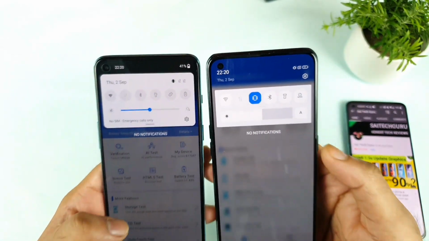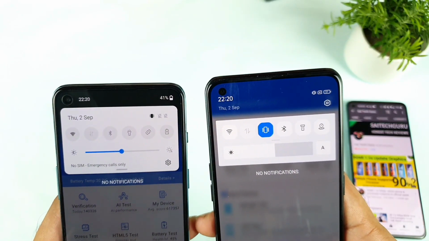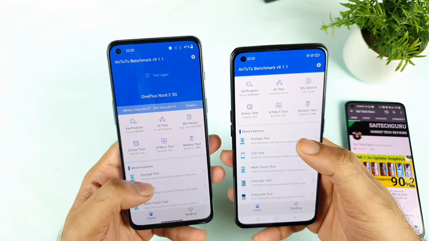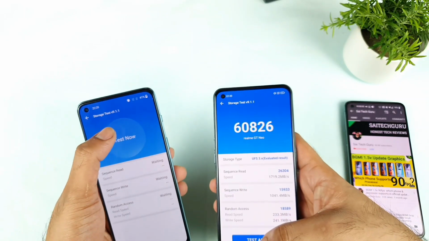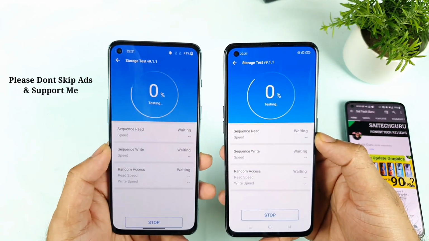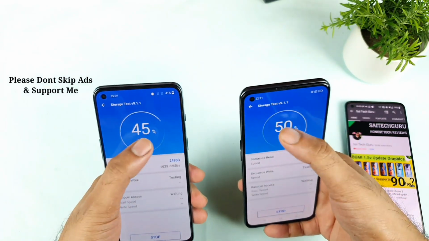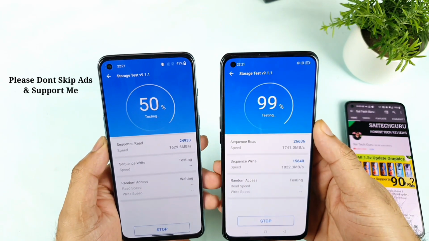There is no high performance mode enabled on either phone at this moment, as you can clearly see here. So let's start the test right now. Let's see how much difference there is without high performance mode between both phones. Next, I'll do the test with high performance mode. How much will the score differ? That's what I'm going to check.